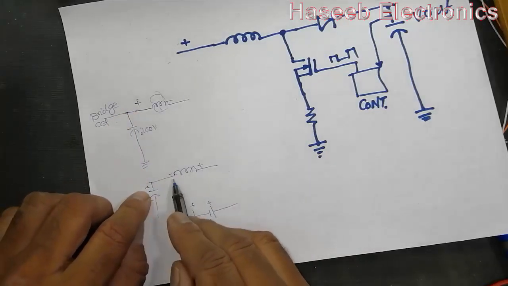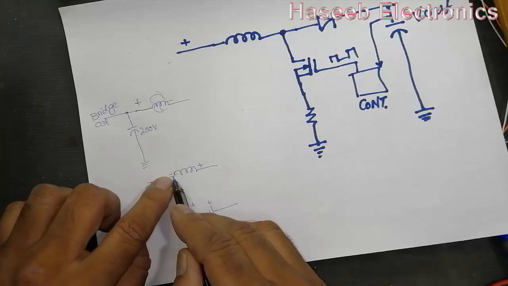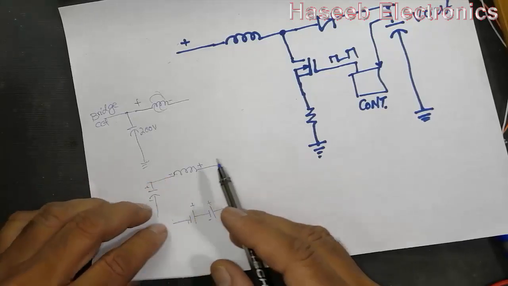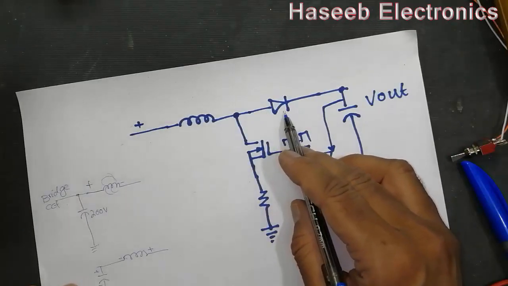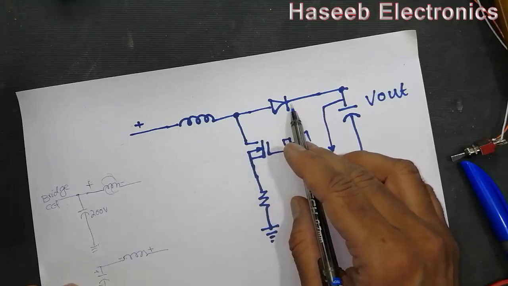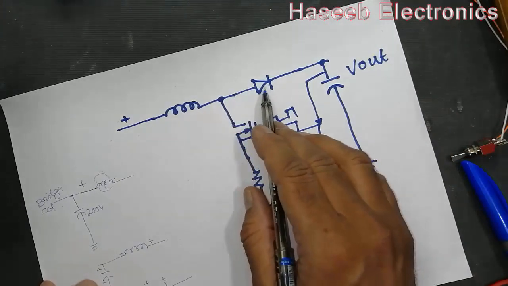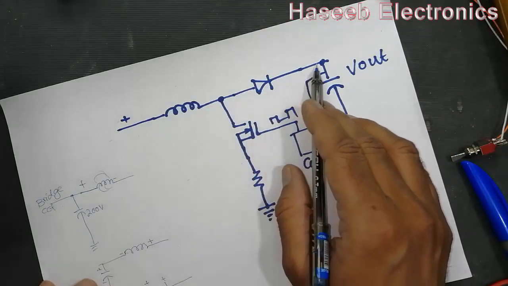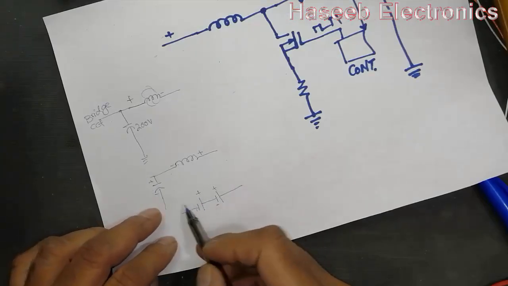Capacitor positive end, inductor end is negative. Next we have the diode rectifier. It is a one-way conductor, so it will allow current to flow in only one direction. Now we have to